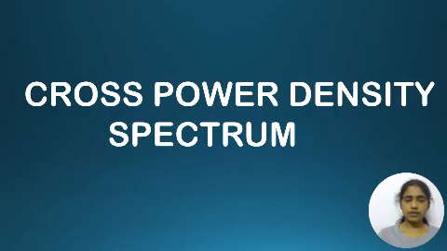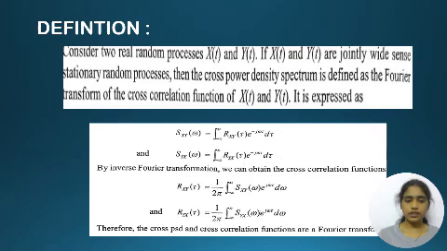Today we are discussing the cross power density spectrum. Definition: consider two random processes x of t and y of t. If x of t and y of t are jointly wide-sense stationary random processes, then the cross power density spectrum is defined as the Fourier transform of the cross correlation function of x of t and y of t. It is expressed as